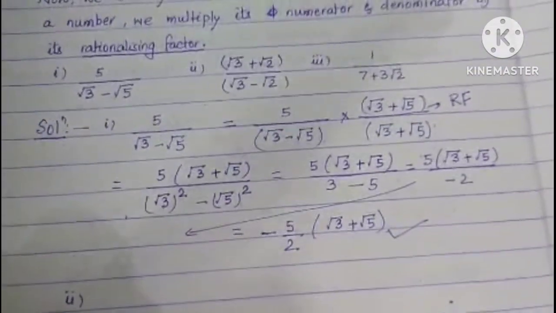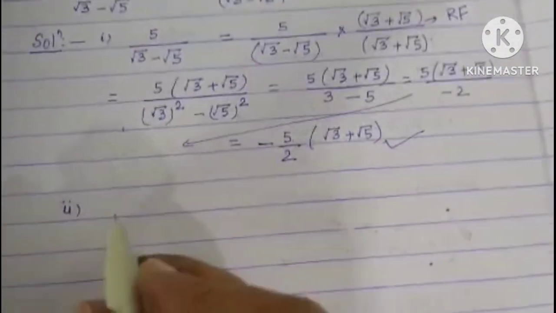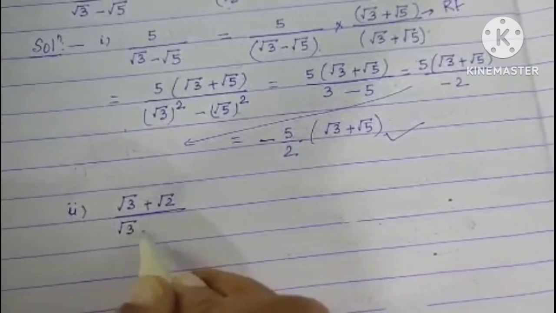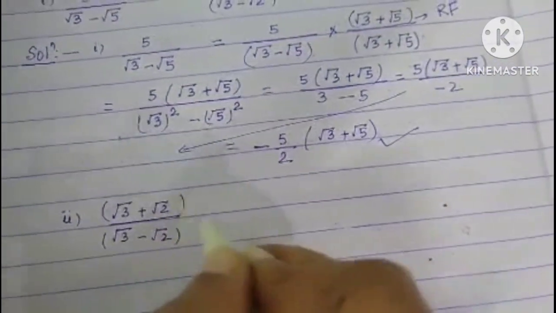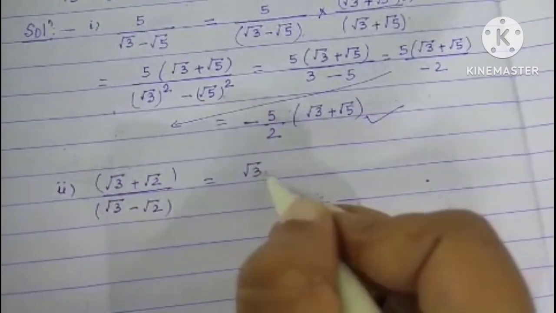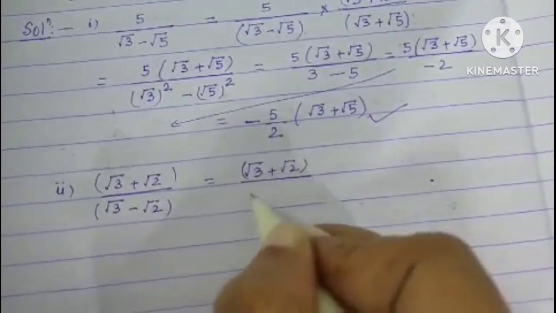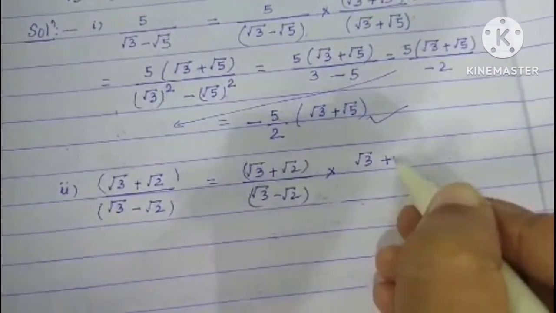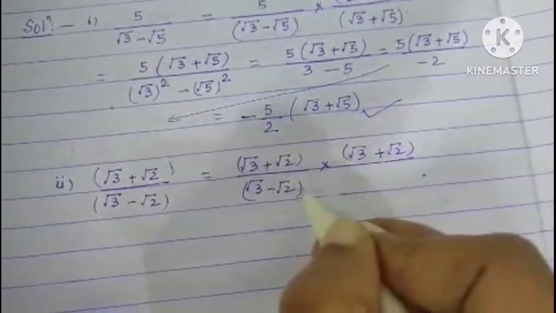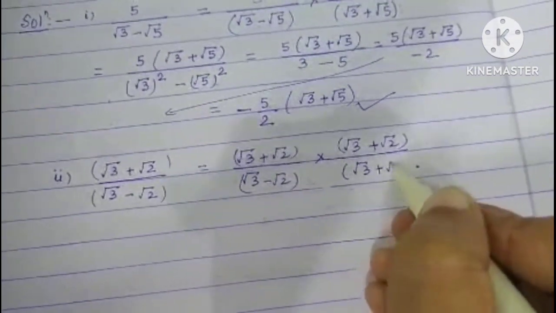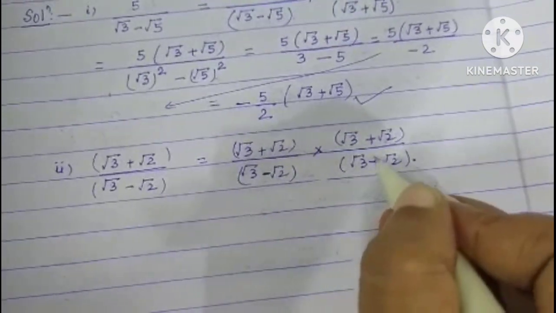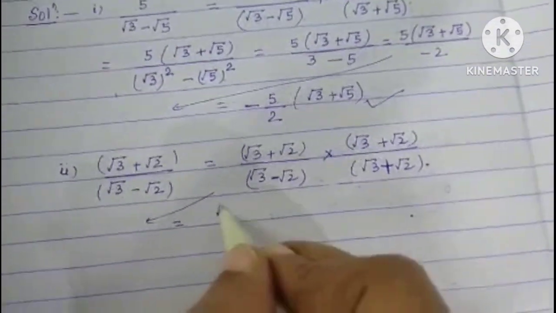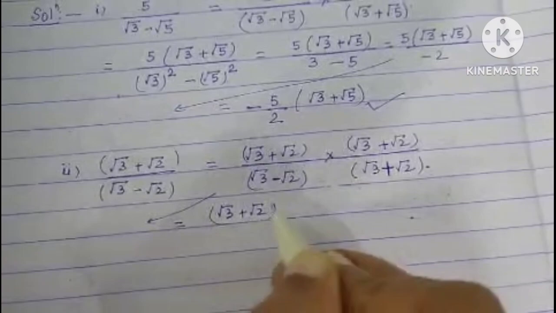The second one was root 3 plus root 2 divided by root 3 minus root 2. So we will write root 3 plus root 2 divided by root 3 minus root 2, and we will multiply with root 3 plus root 2 because we have to rationalize the denominator. The sign will be changed so that it becomes a rational number. In the numerator it will be root 3 plus root 2 whole square, because both are the same,